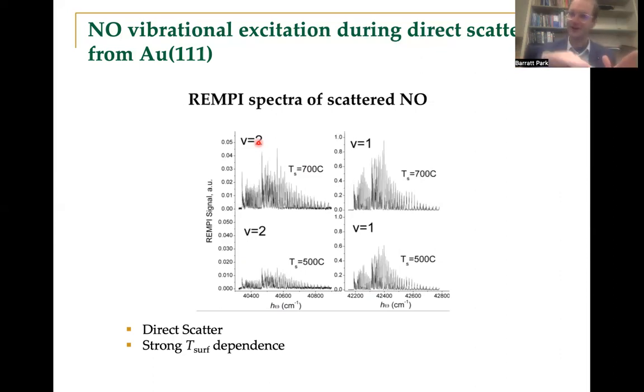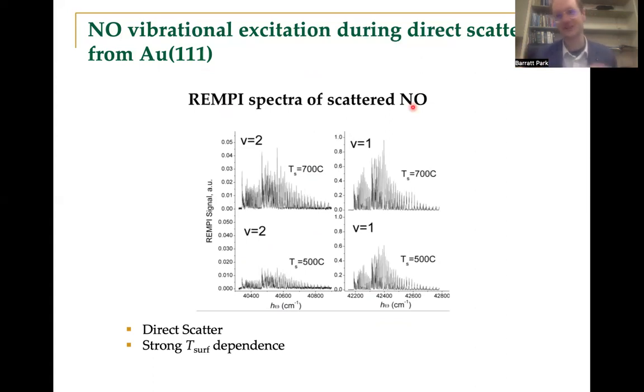The phonon vibrations have a very hard cutoff frequency at the Debye frequency. And the Debye frequency for gold is only about 200 reciprocal centimeters, whereas the vibrational frequency of NO is about 2000 reciprocal centimeters. So in order for the phonons to excite the NO stretch, you would have to have a